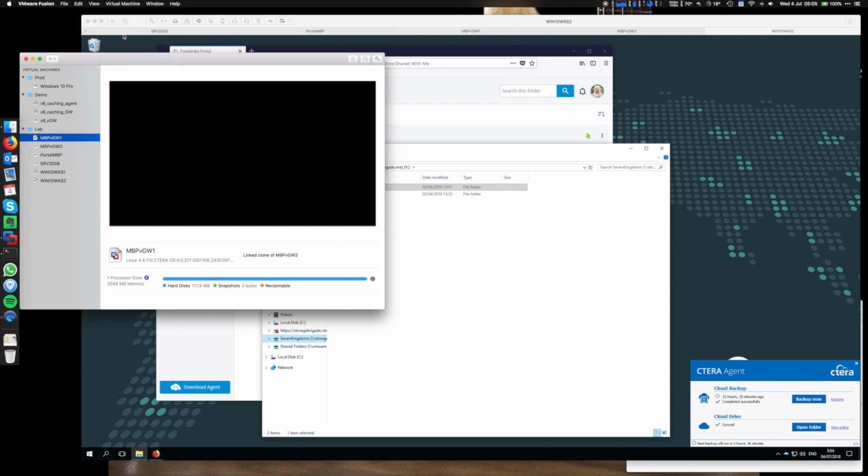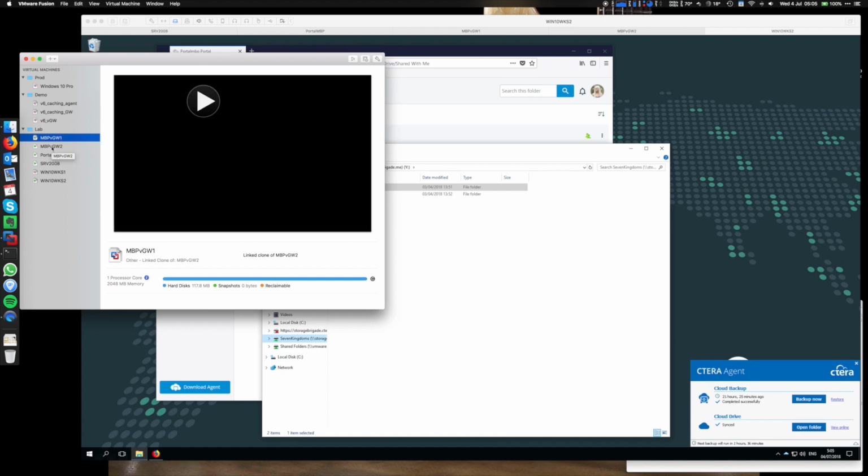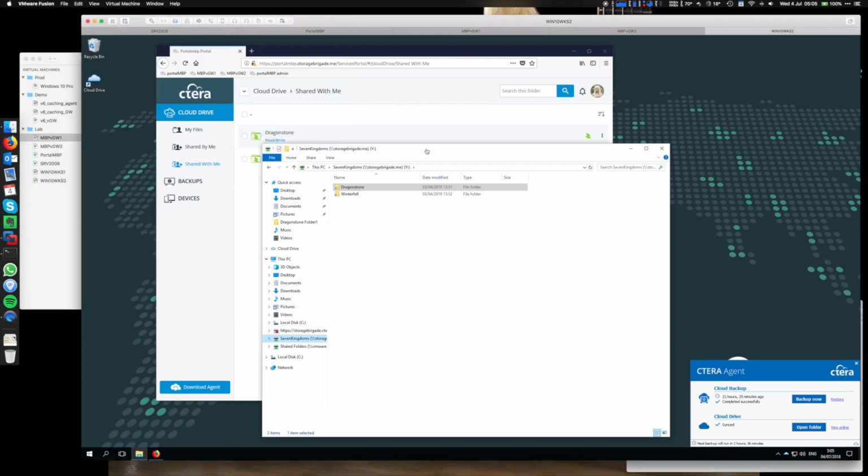Okay, so now we have only one remaining virtual gateway, that is Virtual Gateway 2. And let's see if Dynetis can still access the information and write something in the file. So let's go again to Dragonstone folder. Now DFS is taking care of that some gateway is down and is redirecting the users to the remaining gateway. So it's taking a bit of time, and Dynetis will have access to this folder once DFS has taken